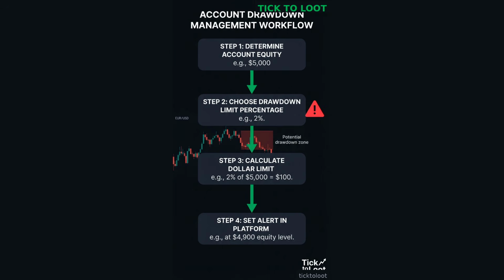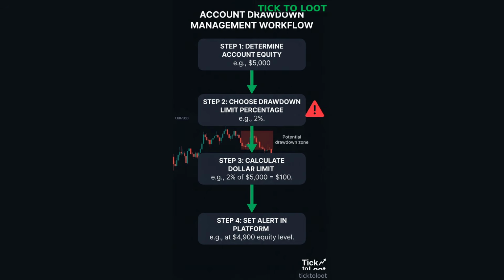Step 5. Create an alert in your trading platform. Most brokers let you set an equity alert that notifies you when your balance reaches a certain number. Enter $4,900 as the trigger point and choose a loud sound or email notification. Step 6. Decide what action you will take when the alert fires. A disciplined response is to stop opening new positions and review existing trades, possibly closing losing ones to prevent further loss. By following these 6 simple steps, you turn an abstract risk concept into a concrete rule that your trading